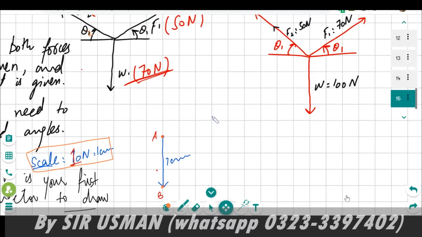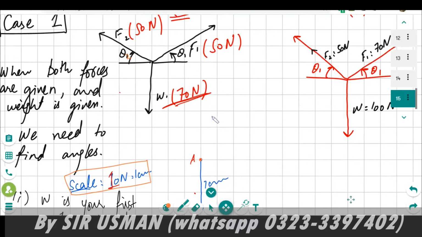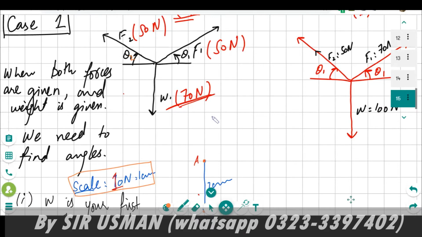So we have 2 points, A and B. And remember, this is the case when it should be a closed triangle, like the object is in equilibrium. The object is in equilibrium. And you will be given the same questions in the exam. They will ask you that a photo is hung on the wall and you need to find force 1, force 2, or tension 1, tension 2, or their angles. So it can be anything.